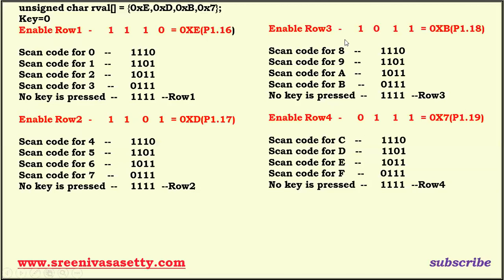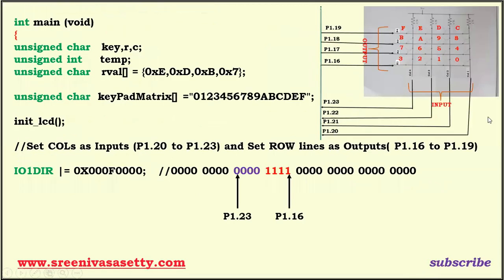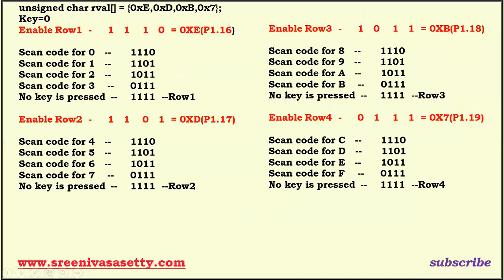Enable the third row. As I told you already, you have to enable only one row at a time. Then only can we read the data from the keyboard. Otherwise, it is not possible. This is the main logic behind this. Now assume key 8 is pressed. Key number 8 comes under column 1. Therefore, here 0 means stop. So what is the status of key? That is 8, 4 plus 4. Which key have you pressed? 8. Then we have to display it on the LCD.